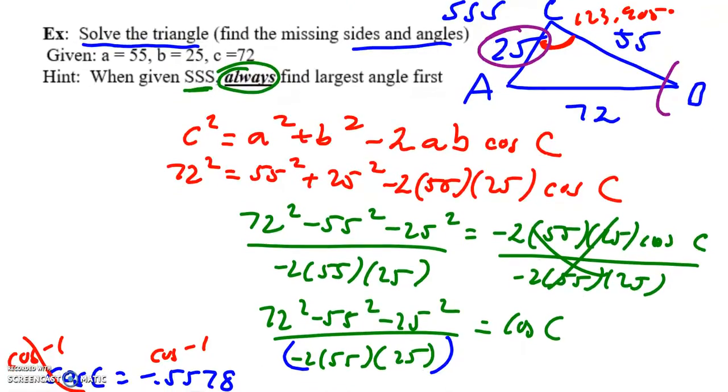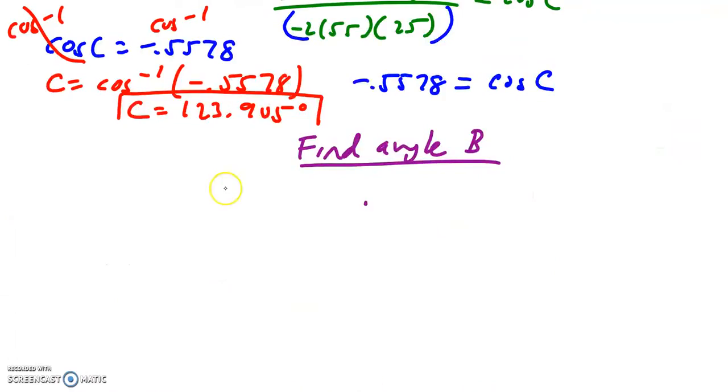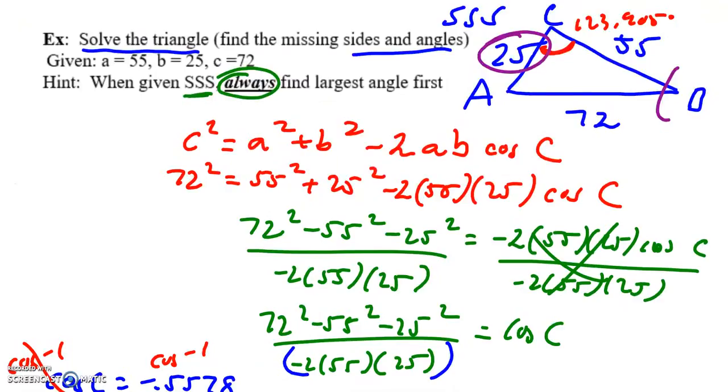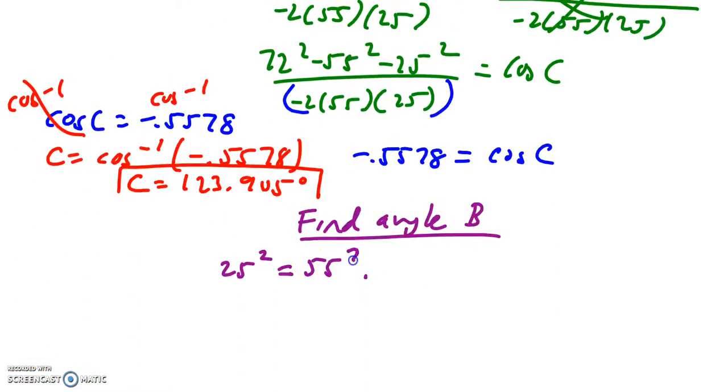So we'd start the law of cosines with 25 squared. So we'd have 25 squared equals 55 squared plus 72 squared minus 2 times the two sides we just used,